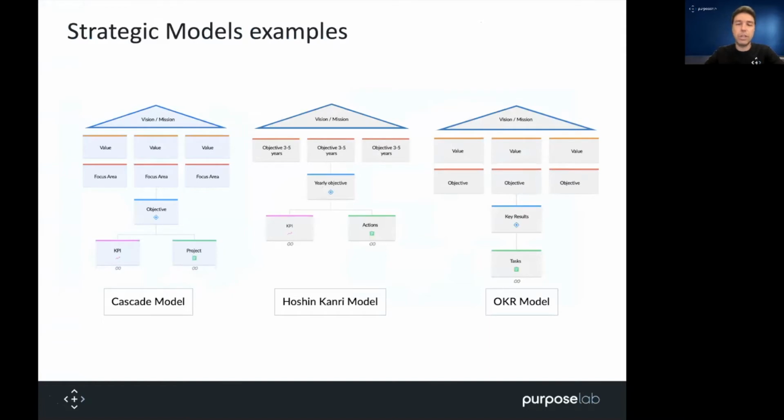To the far right of your screen, you'll have the OKR model. This has been recently popularized mostly by technology companies. So the OKR model, or objective and key results model, you see here that yes, you have your vision and your mission, then you have some values for your organization. This typically happens even if they're not appearing all of the time. You typically would have a value within your organization. And then in this OKR model, you have different objectives that you're working towards. These objectives are measured through key results, that is some kind of indicator. And within those objectives and the way you're measuring them, you have some tasks that you need to complete if you want to achieve that objective.